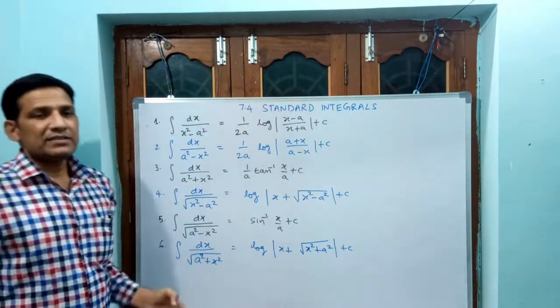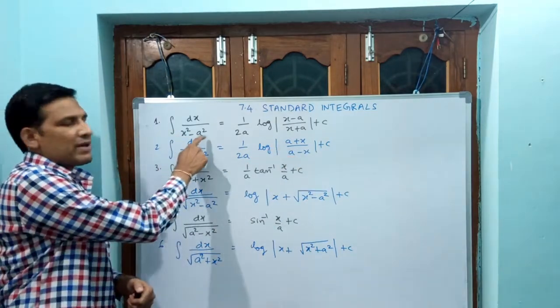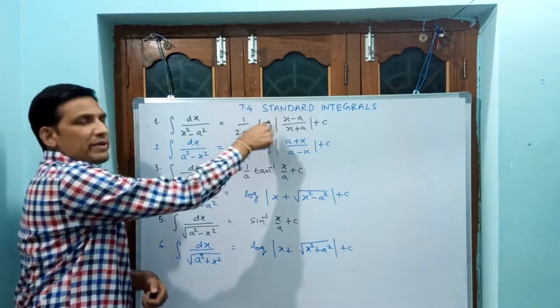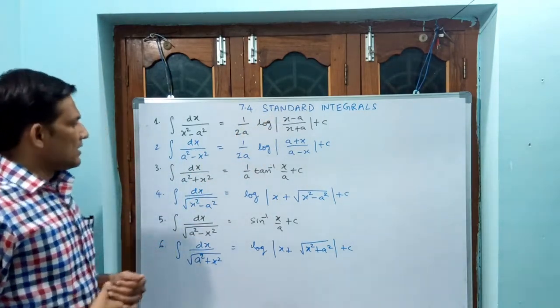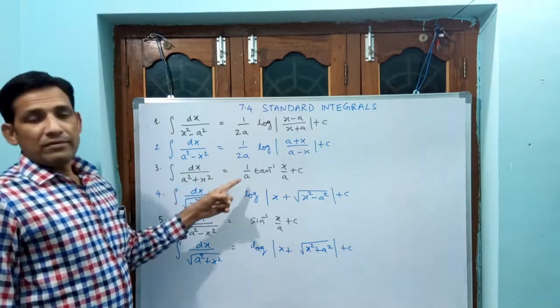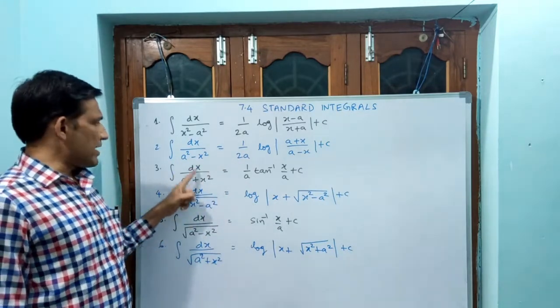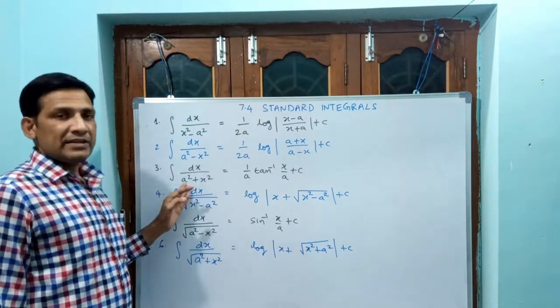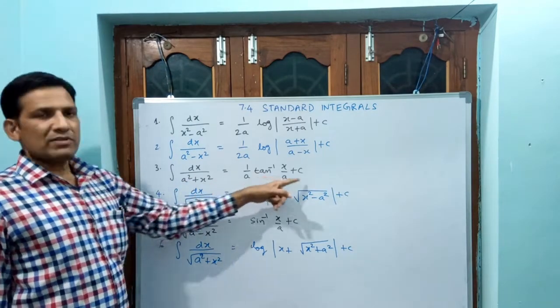So what are x minus a and x plus a? See here, a square minus b square is a plus b into a minus b. That we have to make anyway. Another thing, if you observe carefully, d by dx of tan inverse x is 1 by 1 plus x square. Here, rather than 1, we can take a square or a, giving 1 by a tan inverse x by a.